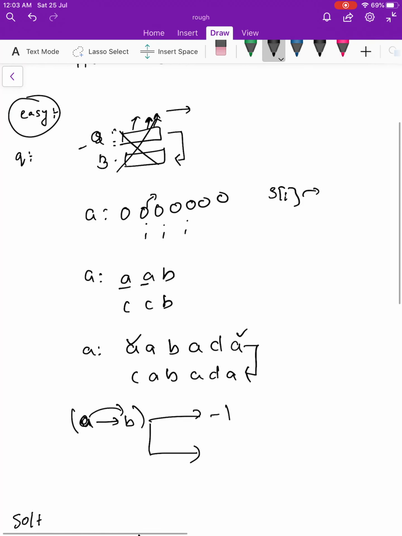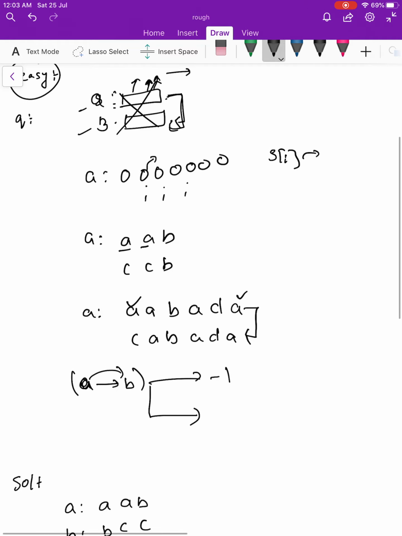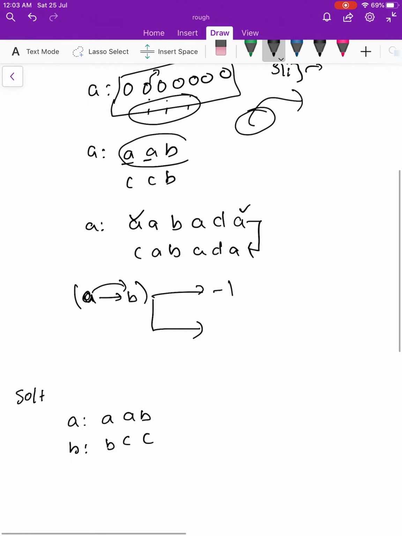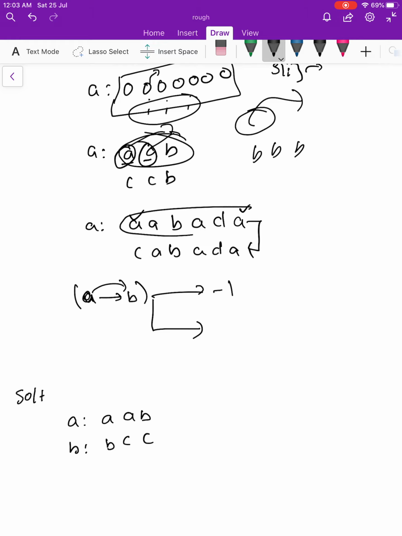The question is, we are given two strings A and B. We have to convert string A into B by applying some operation on A. The operation is, we select some indexes which have the same character, and those characters can be changed to another character which is greater than the previous character. Let us see the example. Suppose we select these two characters because they are the same character. Now we can change them to any other character which is greater than A, so let us say B. If we want to change A to C, then it changes to C.